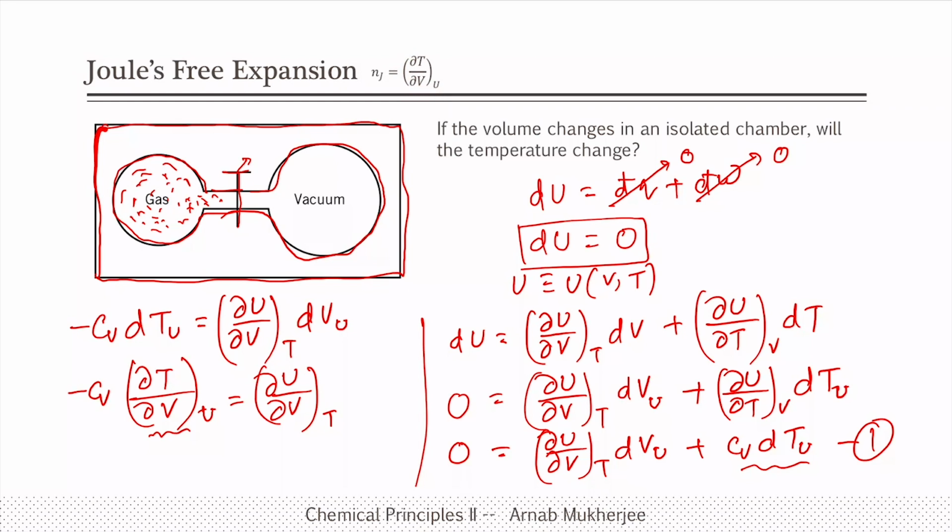Remember, the right hand side quantity, del U by del V at constant T, is not possible to obtain in an experiment, because there is no way to measure internal energy. We can see a change in enthalpy and things like that, but one cannot measure it directly. Rather, it is much easier to devise a system in which there is no exchange of heat and therefore U is conserved. We can measure the temperature before and after expansion, and thereby calculate the quantity, the Joule coefficient, and once we have that, we know Cv, so we will be able to calculate the right hand side quantity.